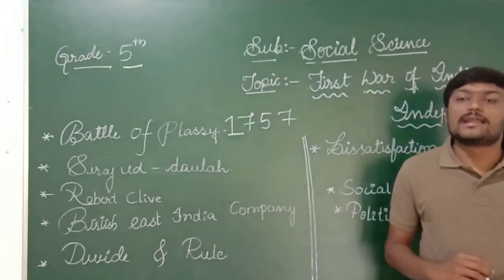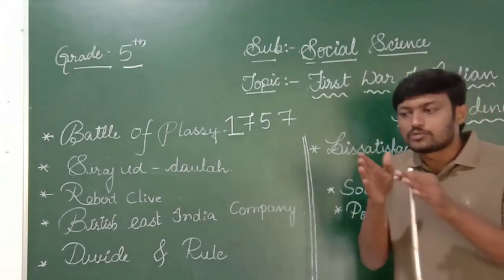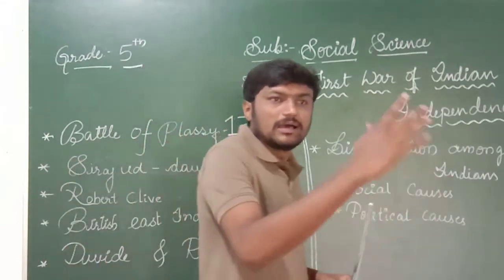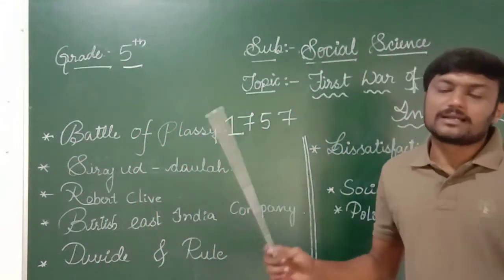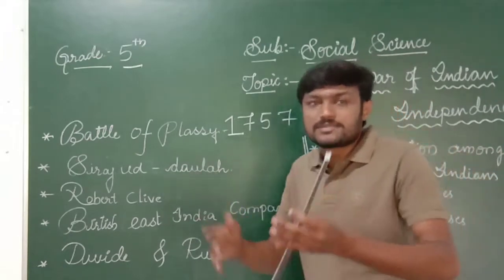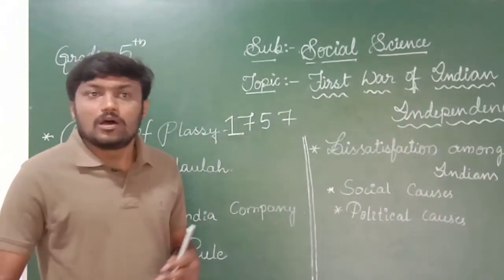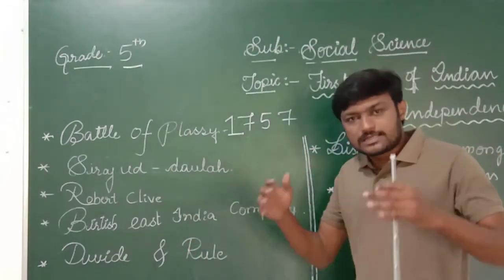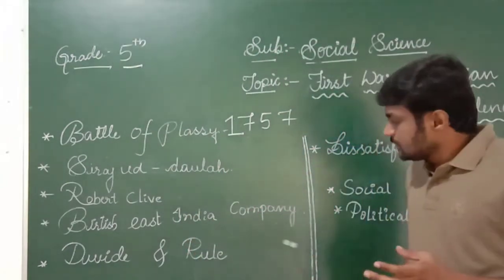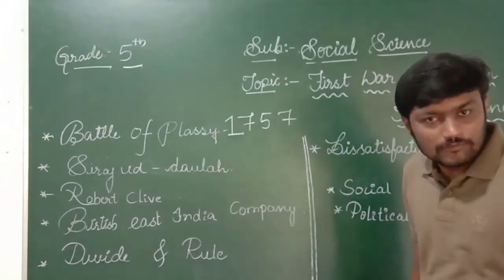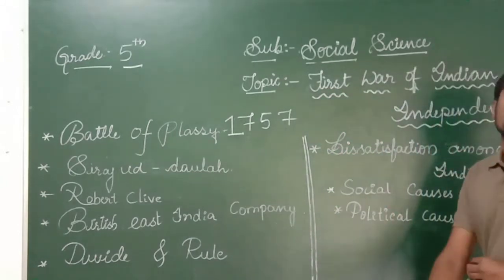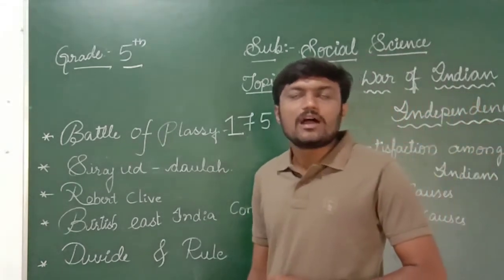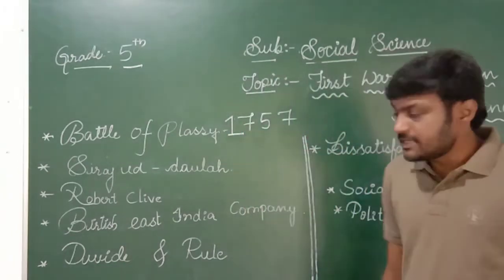The British divided Indian rulers according to their category or religion. I mean, Marathas, Mughals, and many other rulers fought among themselves. They quarreled or made war against each other. By that, the diplomacy of the British worked very well. Because of this diplomacy, the administration of India went under the control of the British East India